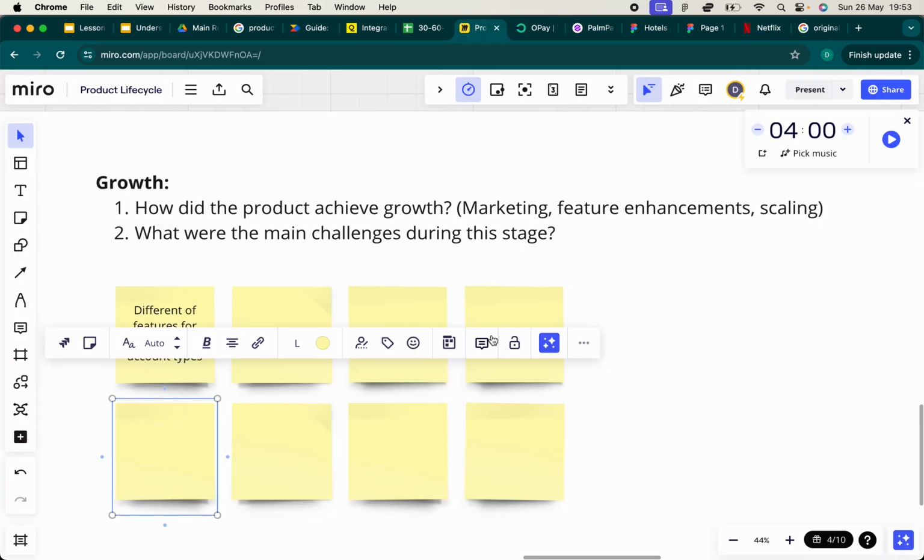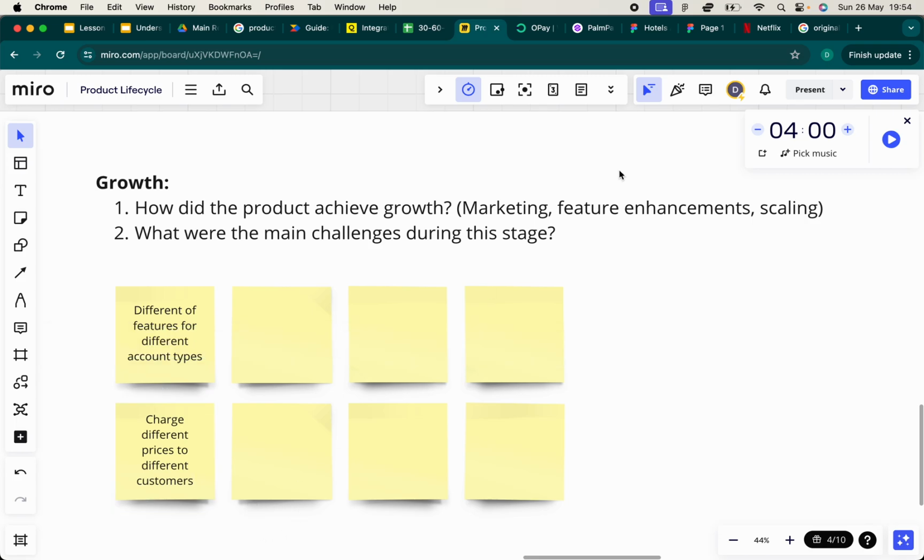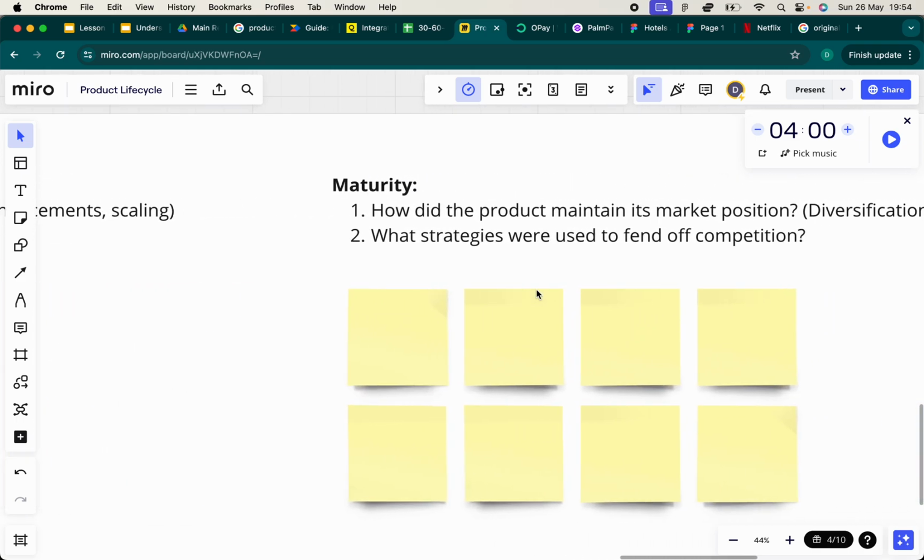And in that way, Netflix will be able to maximize their revenue. So they did what's known as price discrimination: charge different prices to different customers. So that was one of the key tactics that they used to be able to grow.